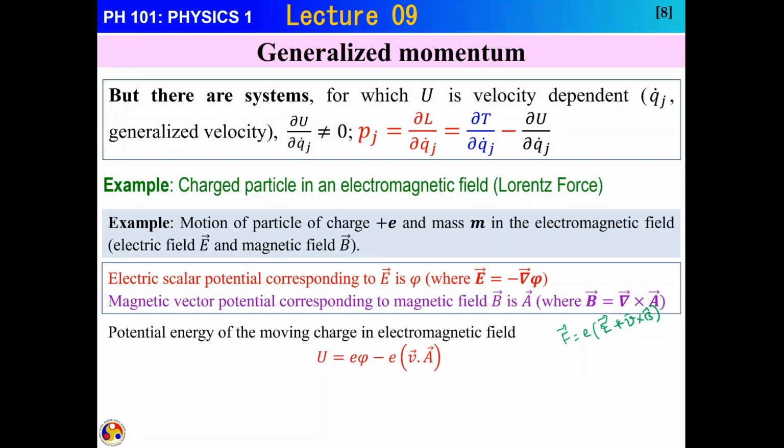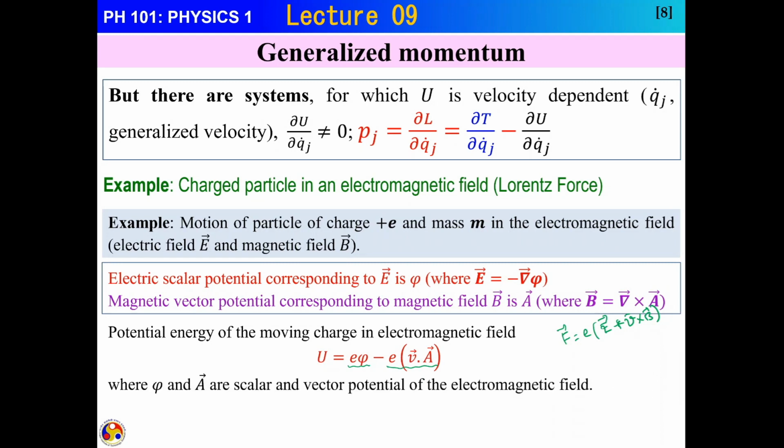Again, that's not here. We simply want to say that there are two parts to it: one is the scalar part and the other is the vector potential part, where phi and A are the scalar and vector potentials of the electromagnetic field. And we know we can get V and A, and therefore we can really explain the potential.